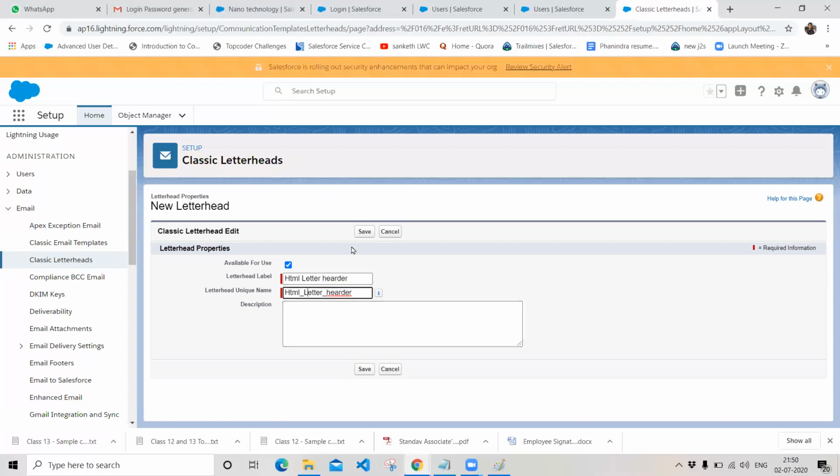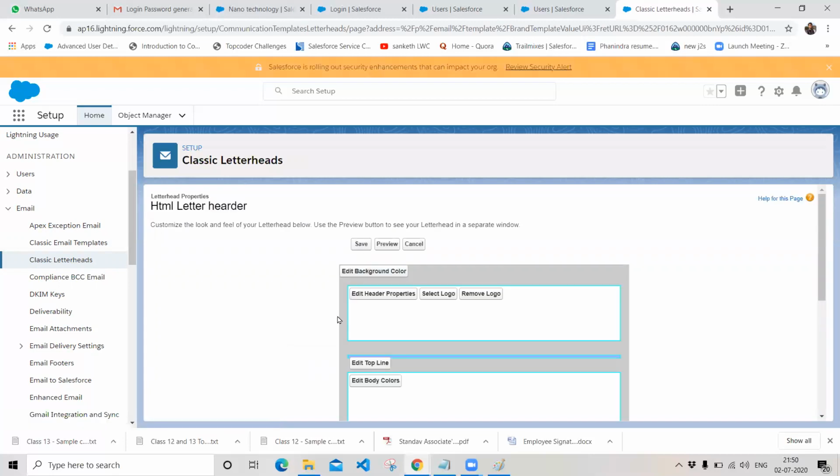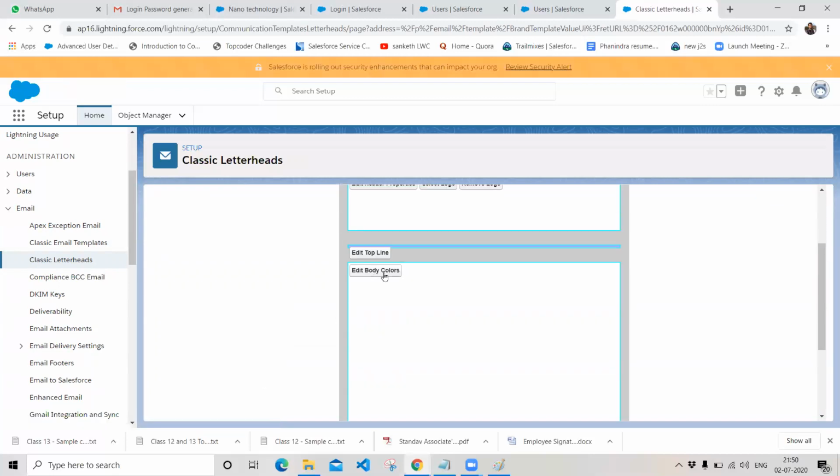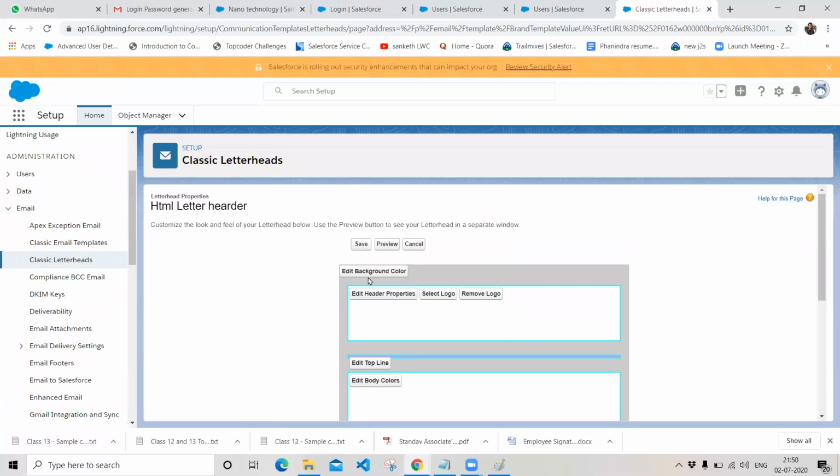If you do want to give any description with respect to this, you can give it and click on save. Once you click on save, automatically you will be redirected to the next page, and this is your letterhead template. So this is how you can define your letterhead template over here.